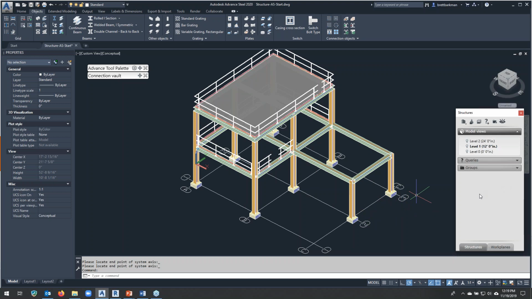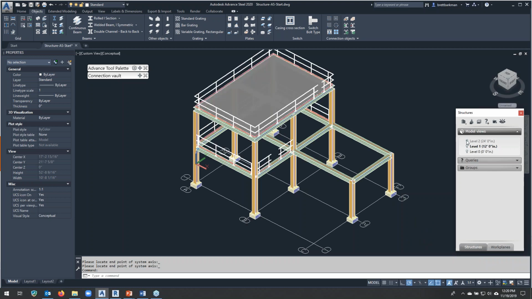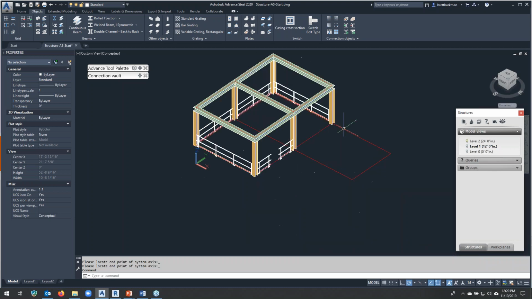So as you're working and your model gets more content in it, and you just want to work down on your ground level, you can activate that visibility, and now you'd only be looking at what is at level 0. Or level 2, you'll see what is at level 2 and a little bit below. So you will get a little bit extra in each case, but it is a great way to focus in on your model